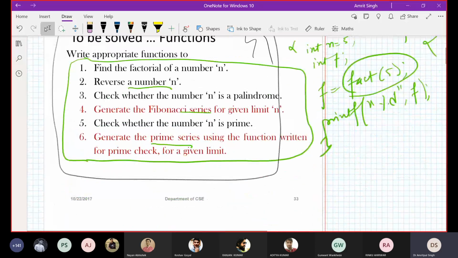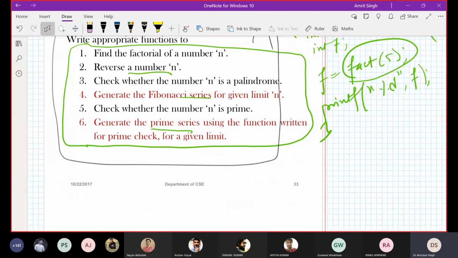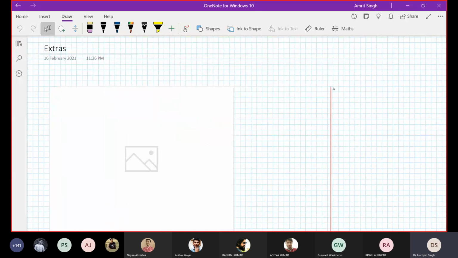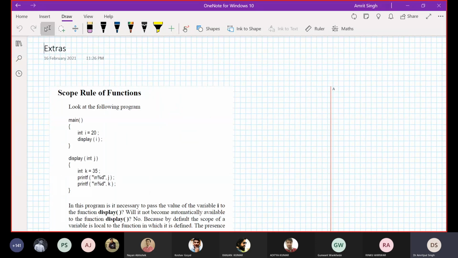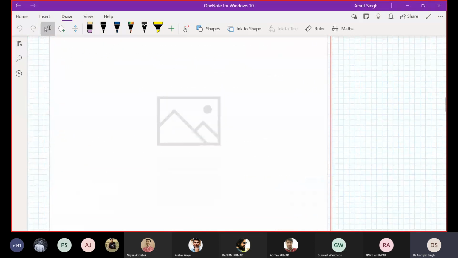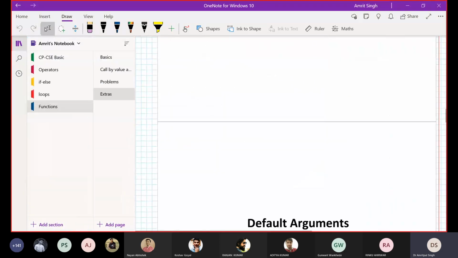For the programs which we have already done, now you need to write a program in modular manner. Then I have some important topics like scope rules, calling conventions, default arguments and all that. We hope that we will cover these topics by tomorrow, and then you can start with the new topic.